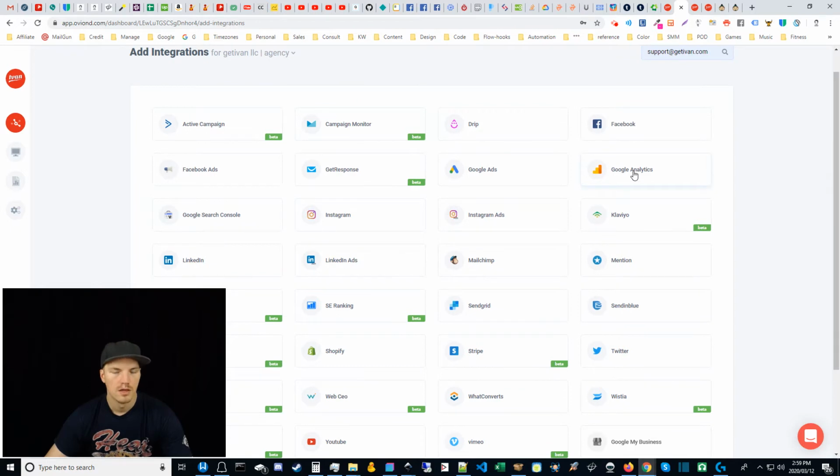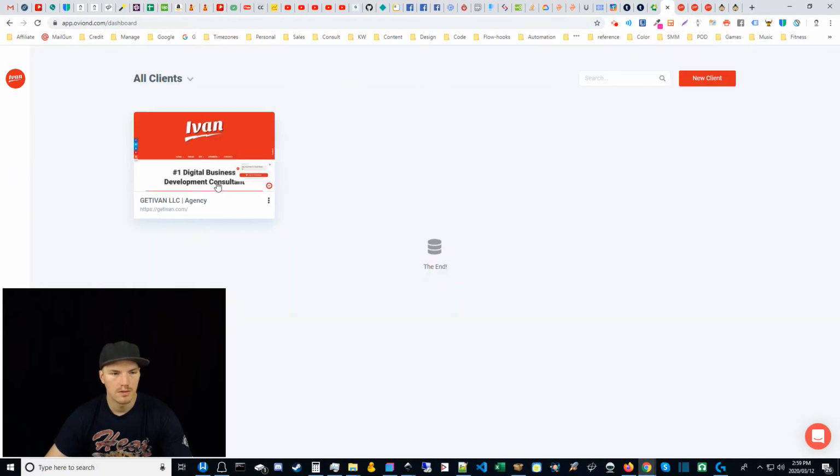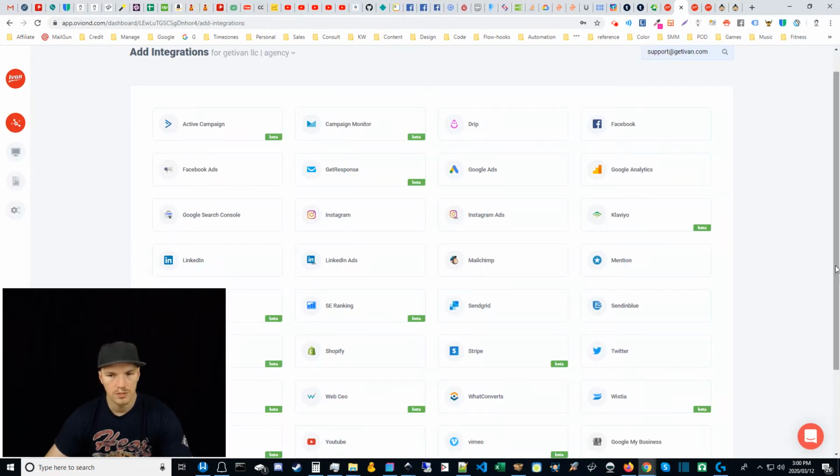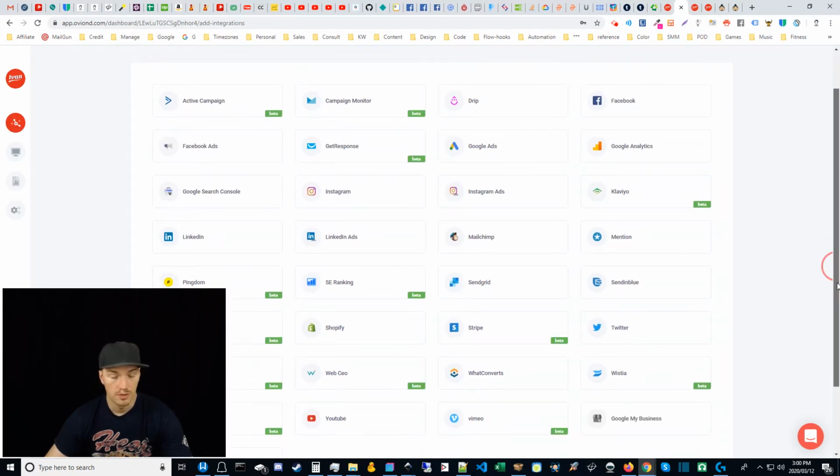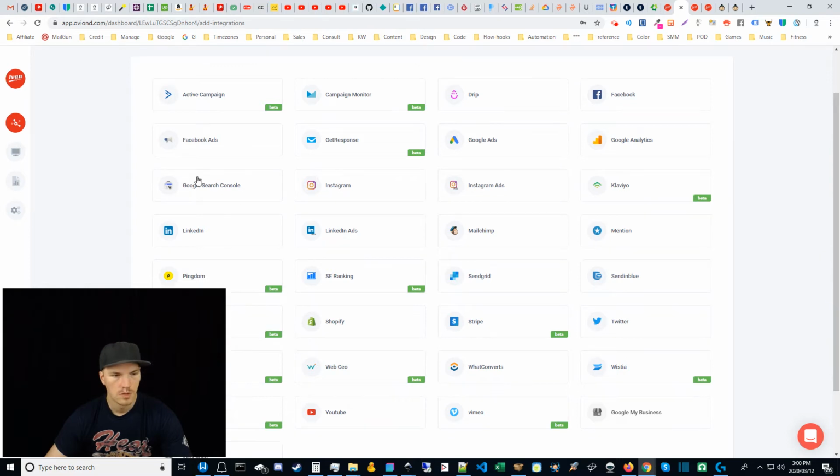But that's why you could then just go and add another client profile and manage a whole bunch of other Google Analytics profile accounts from that other client profile. So there are ways to scale this in a pretty cost-effective manner. Google Search Console,